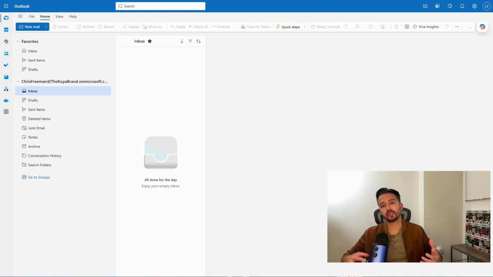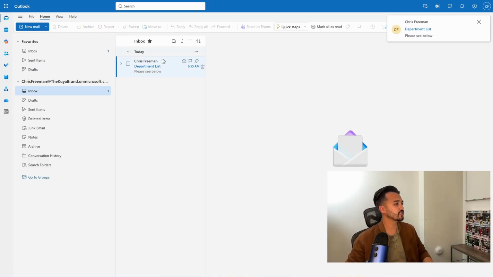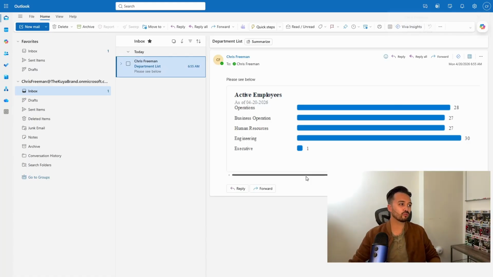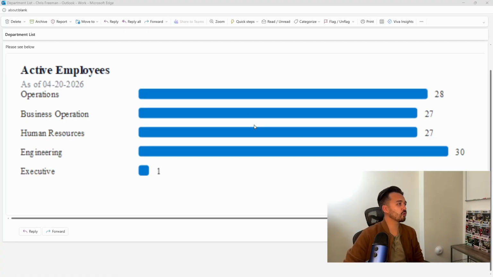I'm your host, Chris. Today, I will be walking through how to create a visualization inside of an email, all without using Power BI. Just like this, an email comes in. This is our active employee roster sorted out by departments, and each one of these bars has our total number of employees. All of this is done with Power Automate using our active employee roster,